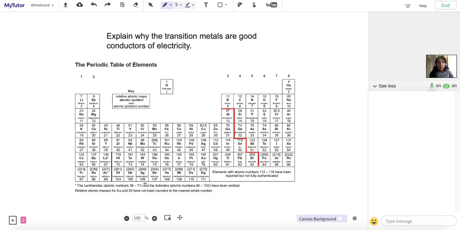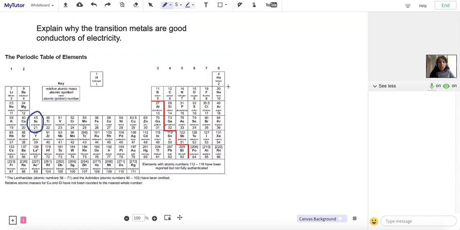Now you may remember that metals form giant metallic structures, and the transition metals are no different. So if we take scandium, for example, it has an atomic number of 21, which means it has 21 protons, and that's equal to the number of electrons because it's not charged at this point. So if we draw the electron configuration of scandium,